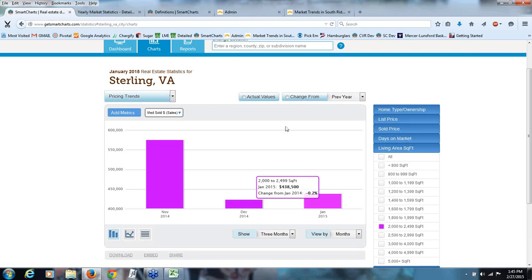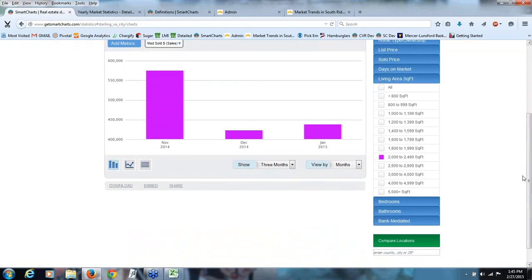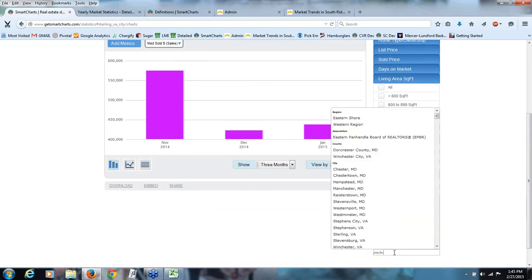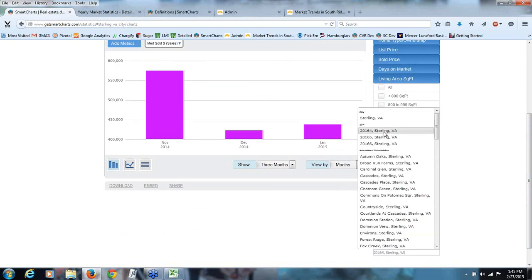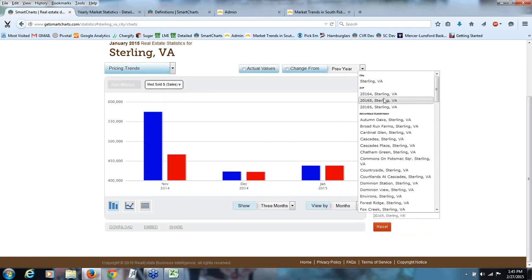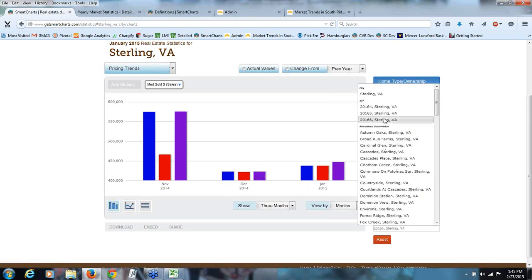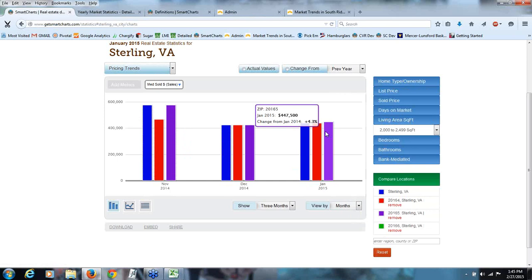Let's say that they had a $350,000 cap. That's where compare locations comes into play, and I can turn on, by typing in Sterling, I can see which zip codes are in Sterling and start turning on the 3 Sterling zip codes to get a comparison of those 3. There's really not a huge difference